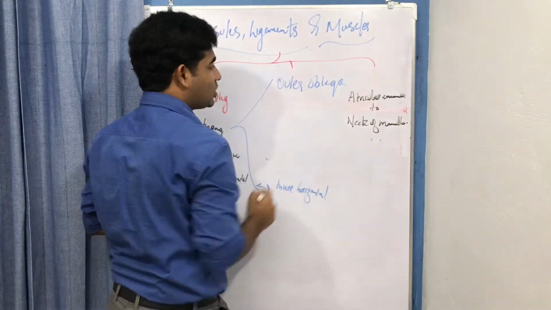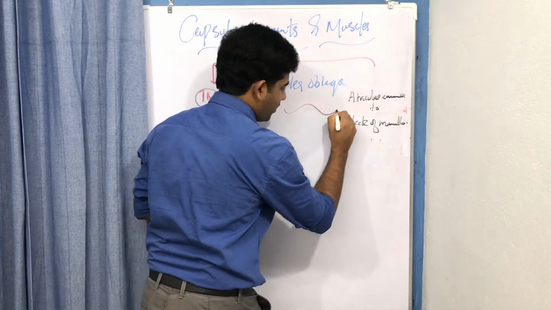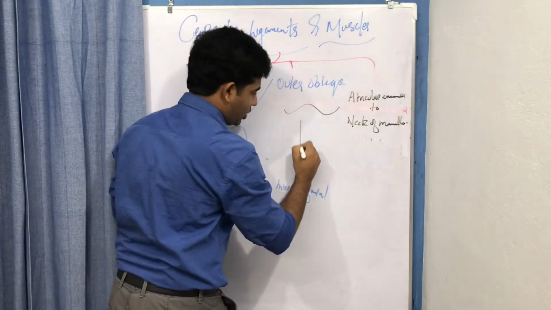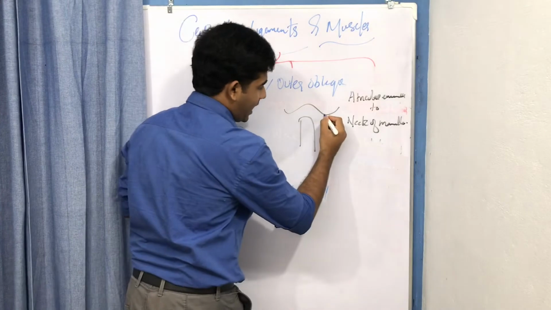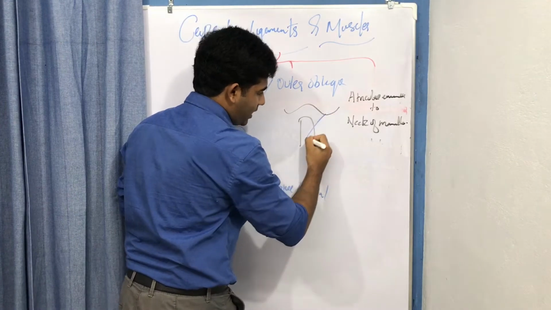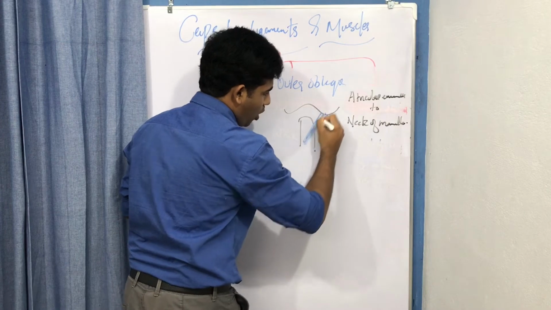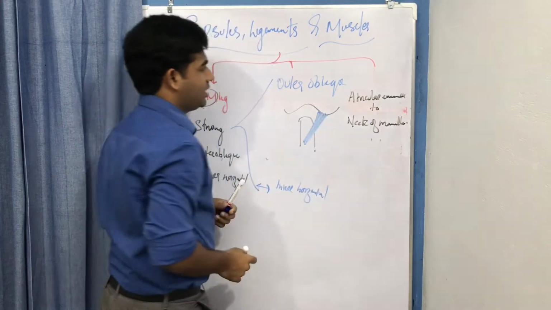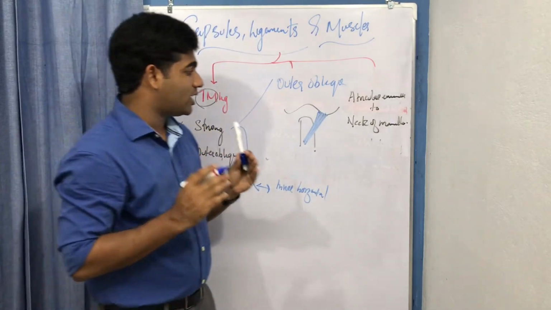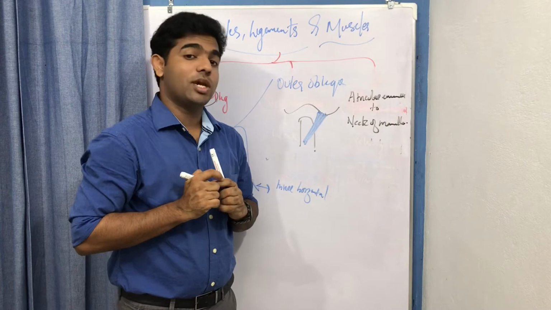So this is its orientation. Now you see that this is the mandibular fossa and this is the articular eminence, and here you have the mandibular condyle. This ligament is attached from the articular eminence to the neck of the mandible, in an oblique orientation, right? That is why this ligament is known as the outer oblique ligament, which is a part of the